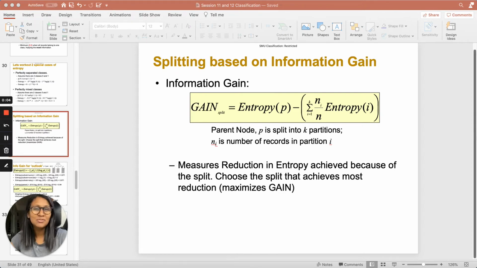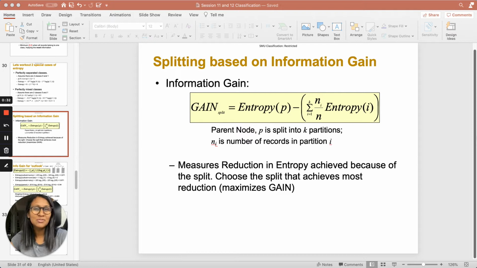In the last video, I talked about the formula for entropy and we saw the value of entropy for extreme examples for a binary class decision tree. Now, remember the objective of entropy was to help us decide the attribute that will give us the best split for any given decision node. And we also talked about the reduction in entropy.